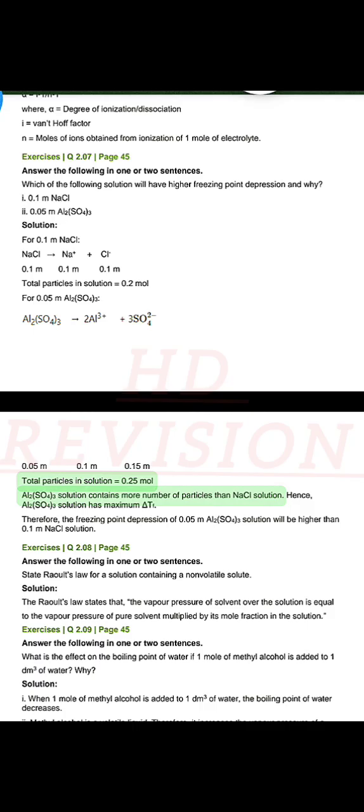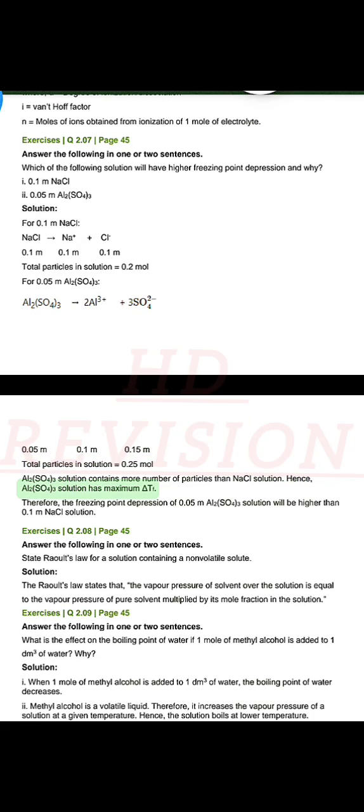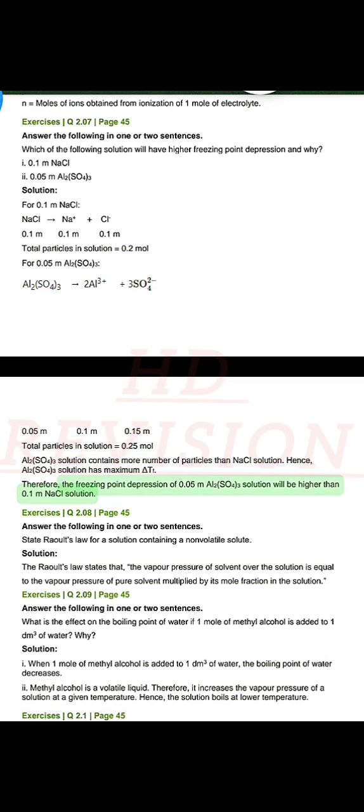Al2(SO4)3 solution contains more number of particles than NaCl solution. Hence, Al2(SO4)3 solution has maximum ΔTf. Therefore, the freezing point depression of 0.05 molal Al2(SO4)3 solution will be higher than 0.1 molal